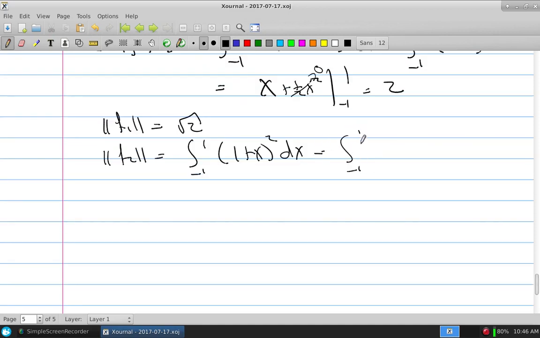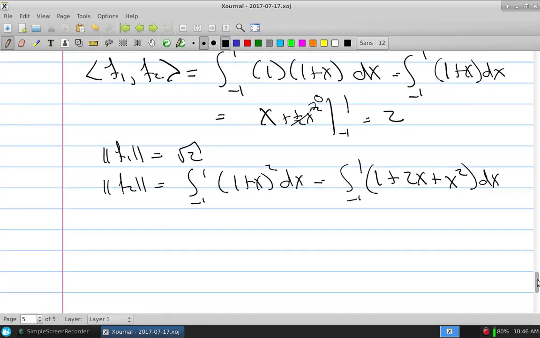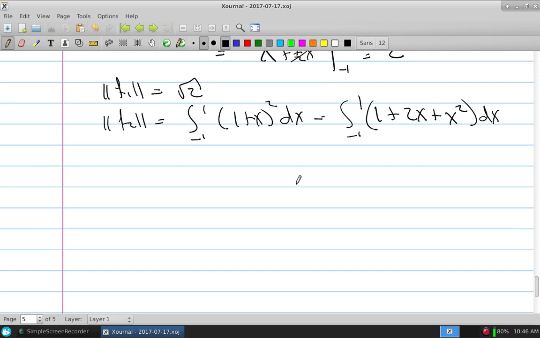Which is the integral from -1 to 1 of 1 plus 2x plus x squared. All right. That's odd. Don't need to worry about it, but if we want to do it, what's the integral of 1? Then that is? That one is? Which is 1 plus 1 plus 1/3